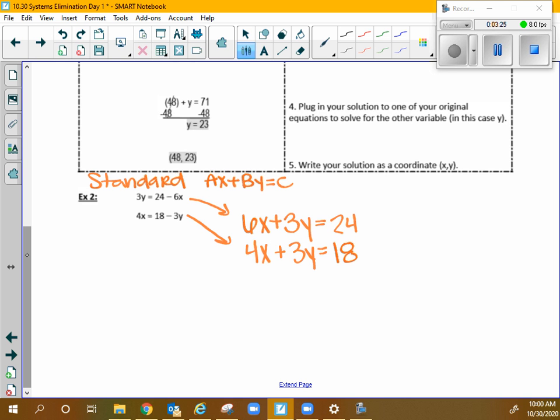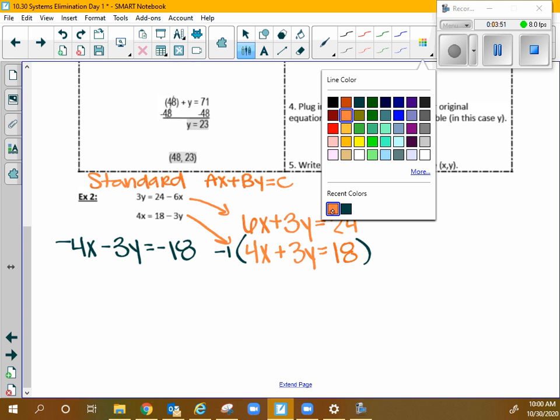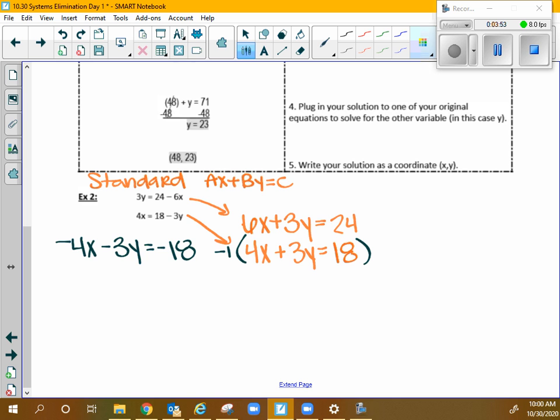So if I say, okay, let's multiply this by -1, I get -4x minus 3y is equal to -18. And I'm going to bring this other one back over